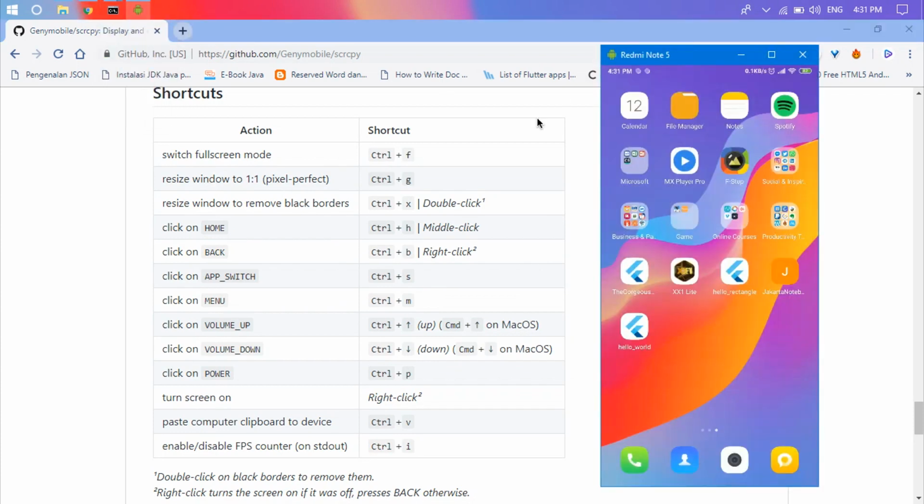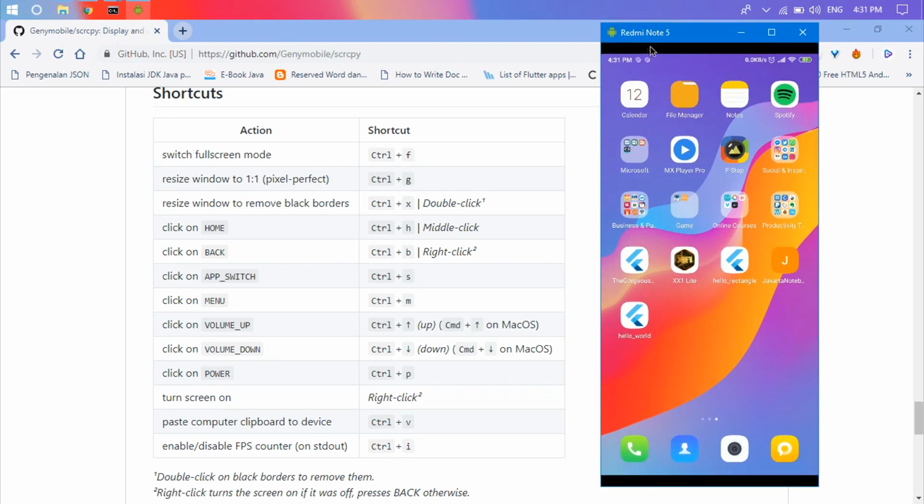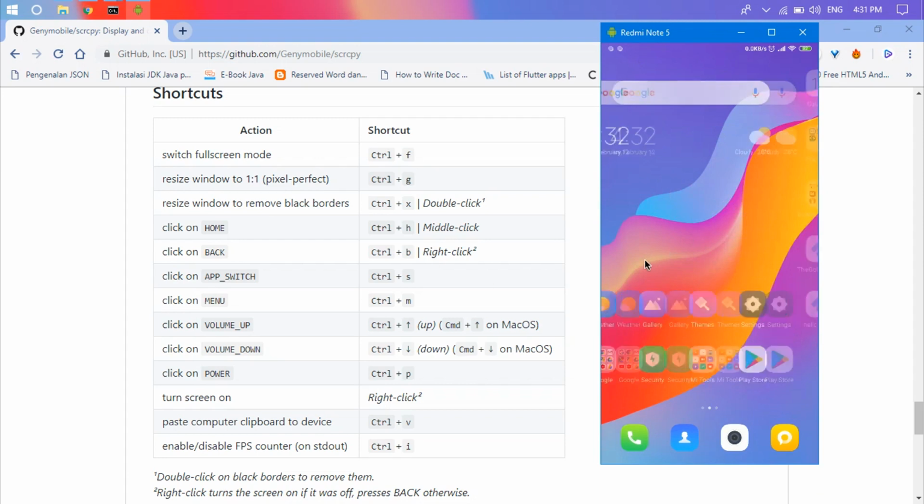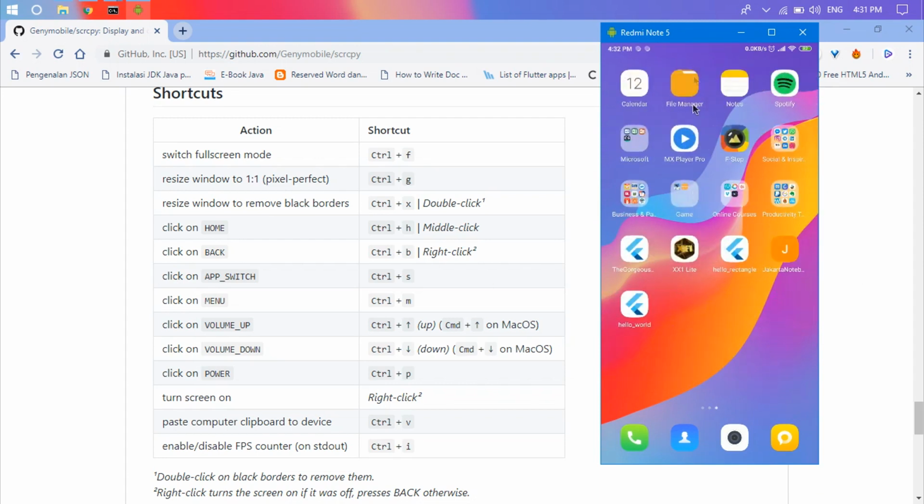We can try them one by one. We can try resize window to remove black borders. Here we can see the black border, and we just need to press Ctrl plus X. Boom! And we can control our device from our computer.